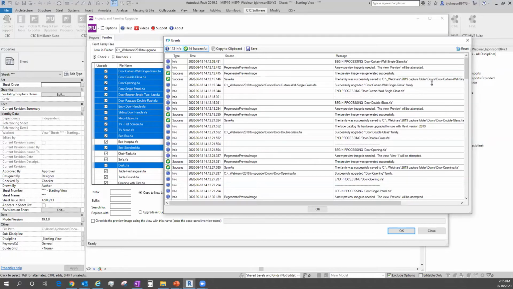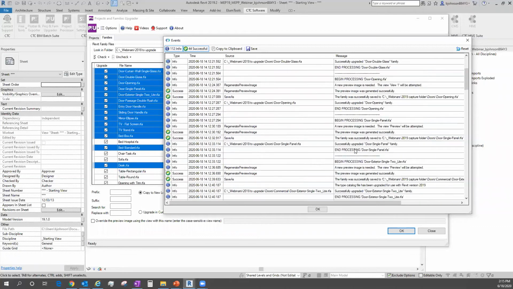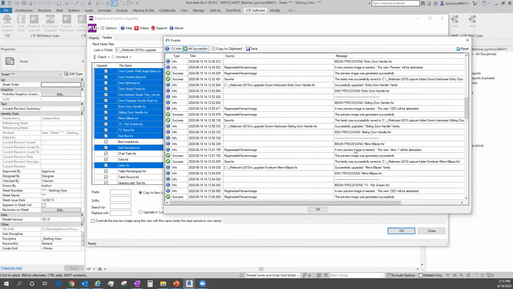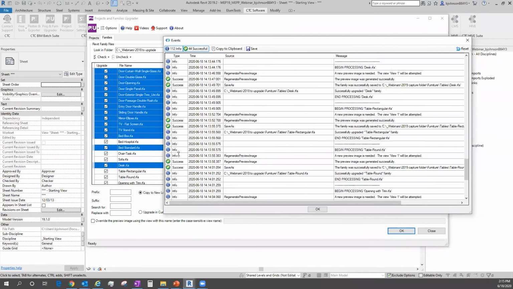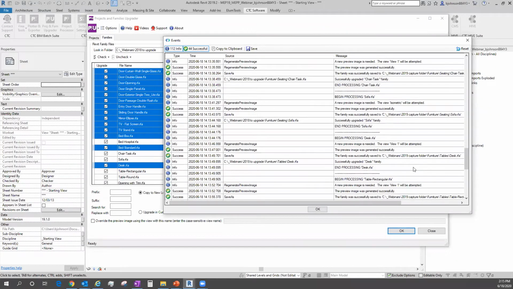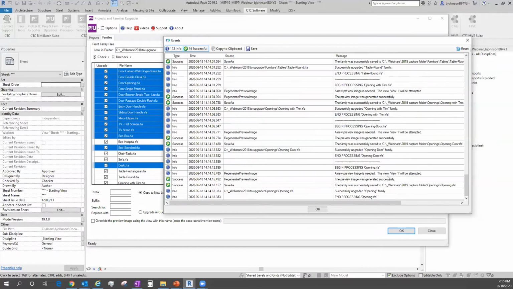So through here, it's telling me what my saved path is, that it was actually successfully upgraded. Each one of these little groups of about 6 or 7 messages are telling me exactly what the family's trying to do as it's being upgraded. And when we're finished, I can scroll down through here. If I had a family that was broken for whatever reason, some of these success windows would say error, and it should tell me what the error was in that case. For a perfect demo, I probably would have liked to have had something like that so I could show that to you. It doesn't happen very often, but